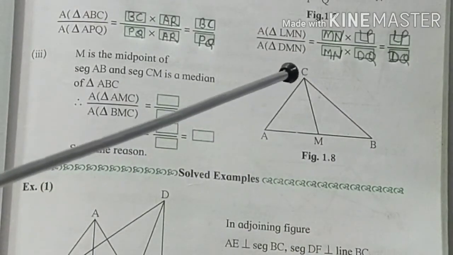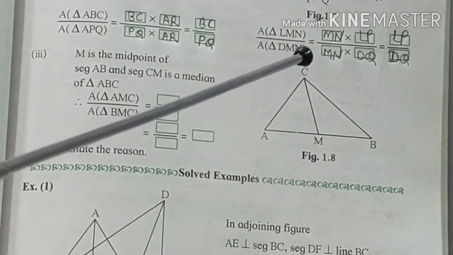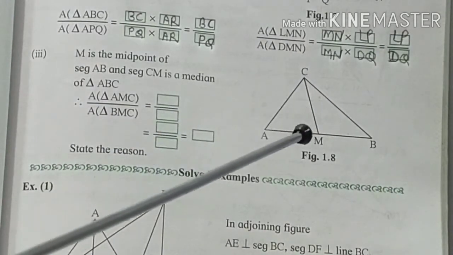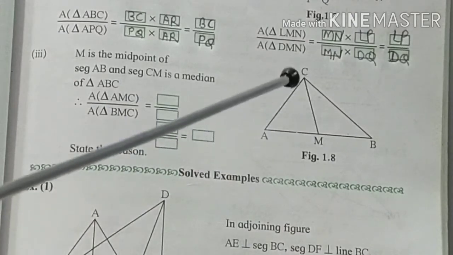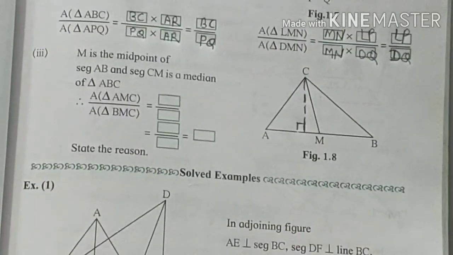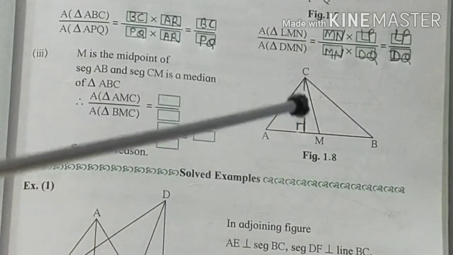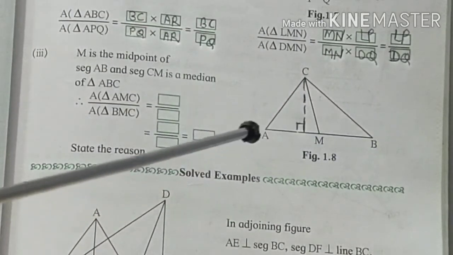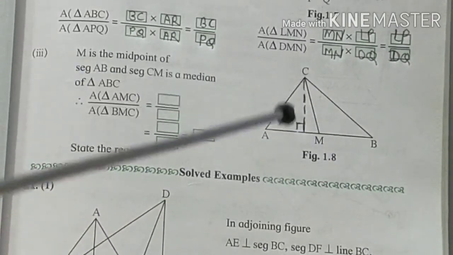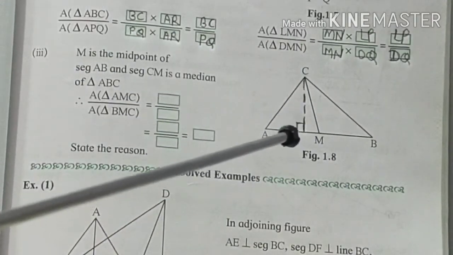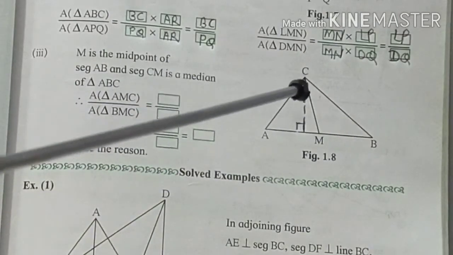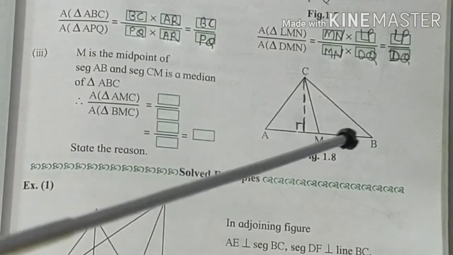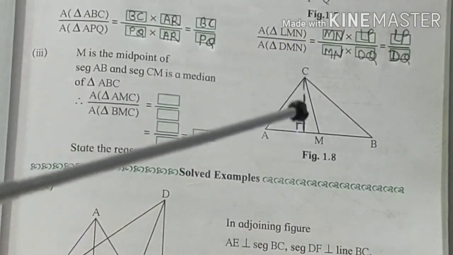So we have that common vertex as what? C. Okay, so as we draw that perpendicular from C downside, then what happens? Here we notice that the perpendicular is common to both triangles, meaning in triangle AMC that perpendicular is the height of triangle AMC, and similarly for the obtuse angle triangle BMC, that same perpendicular is the height of triangle BMC, meaning the height is the same.